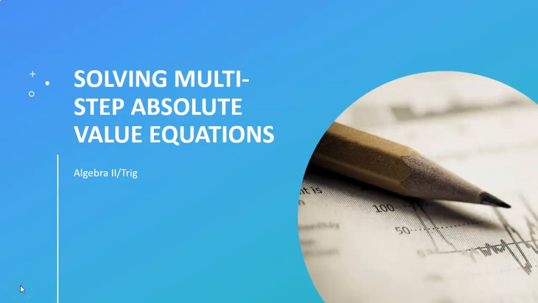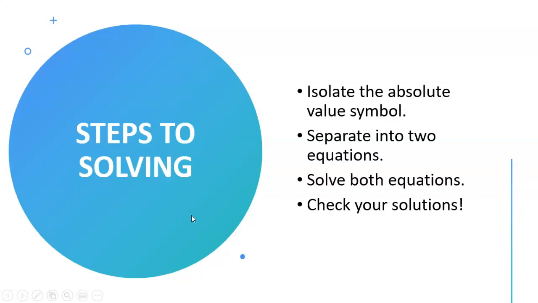Hello, today we will be talking about how to solve multi-step absolute value equations. In order to solve, there are a few steps. The first is to isolate the absolute value symbol. So if there's anything outside the absolute value, you need to move it to the other side of the equal